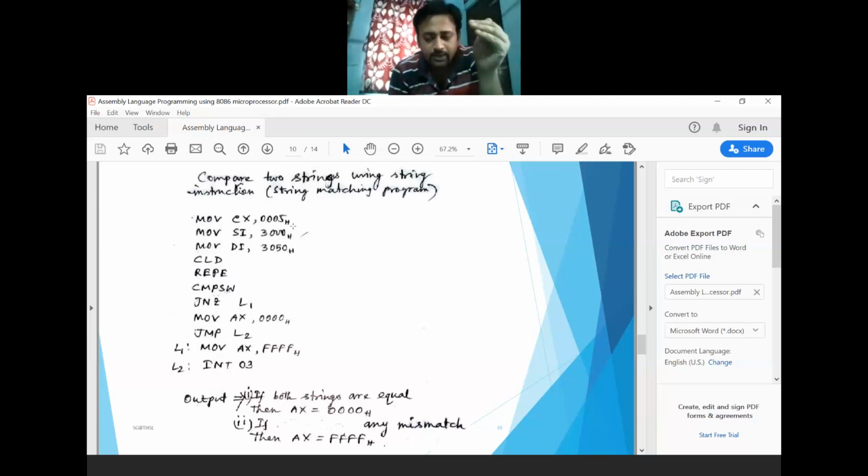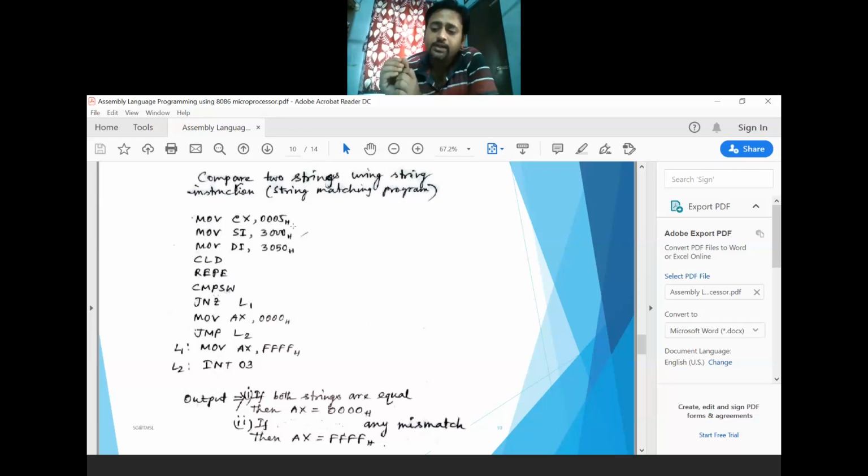From 3000 it goes to 3002, then 4, then 6, then 8. In this way the DI memory locations will also increase: 3050, then 3052, then 3054, then 3056. So both the strings are in incrementing order.